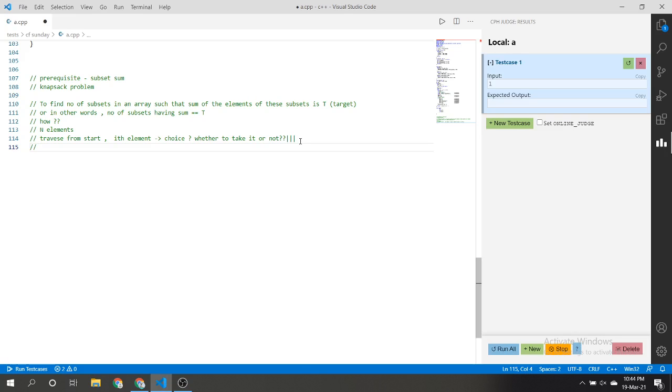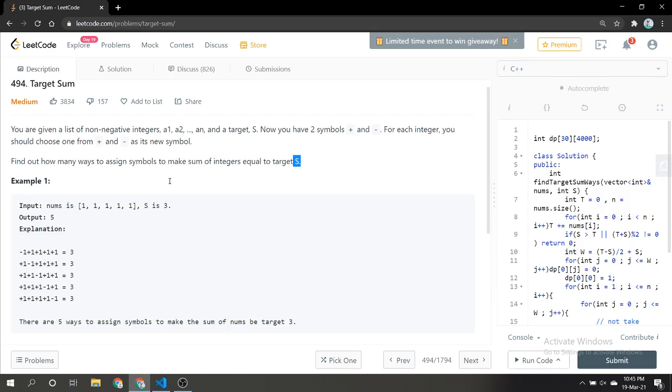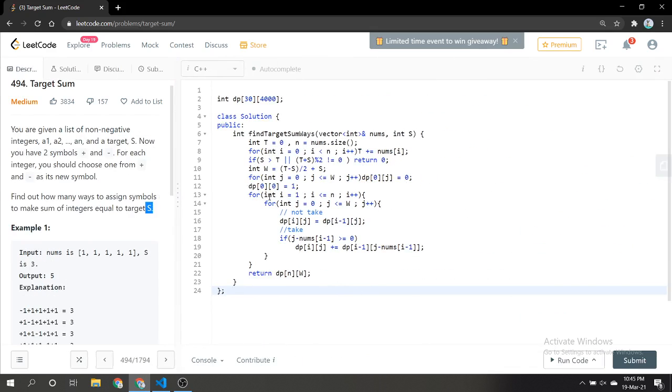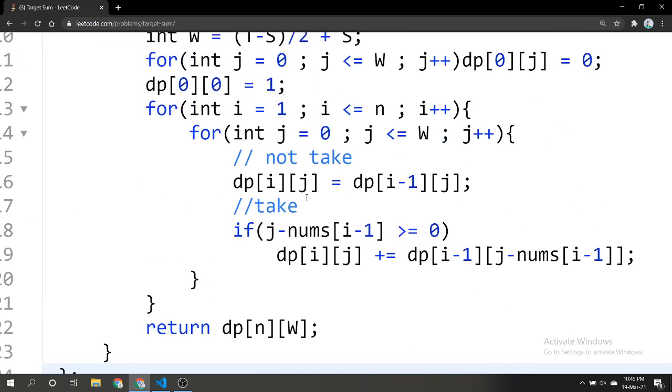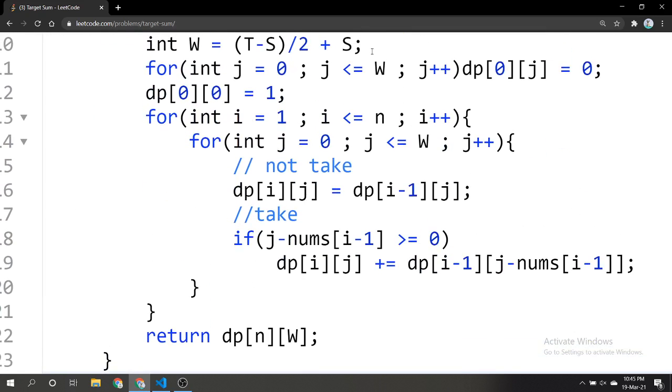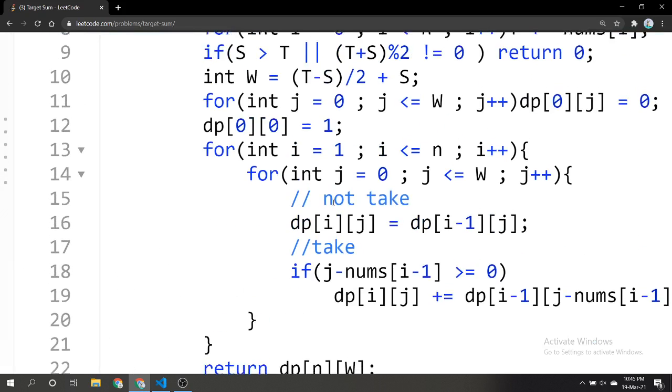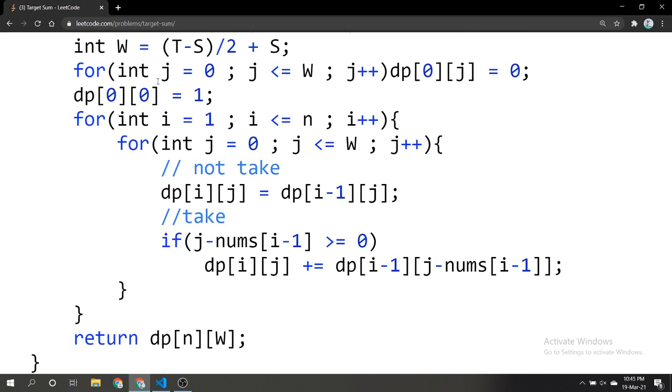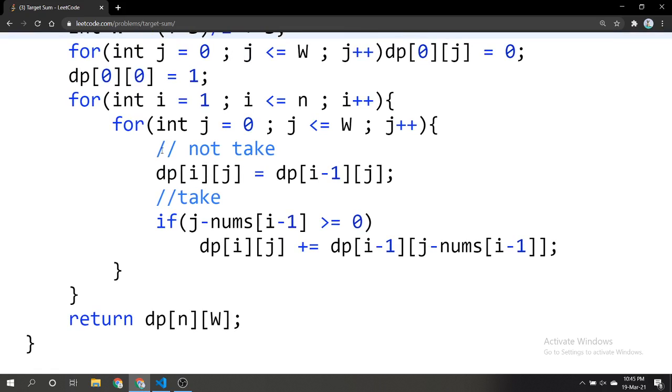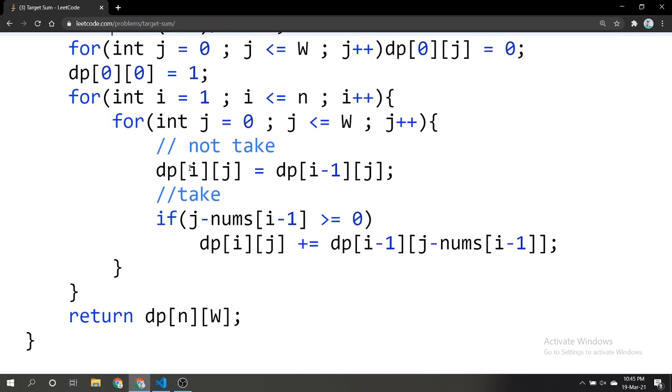I will be explaining the iterative DP approach for this. Let me explain directly from the code. Just forget the code above. Here you are given a weight W, and you are trying to find the number of subsets in the array that have weight equal to W. So how do you do this?